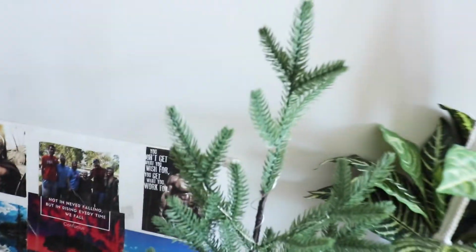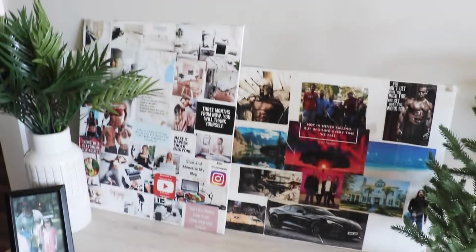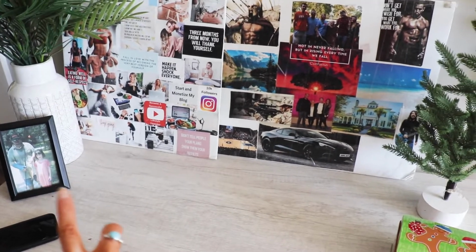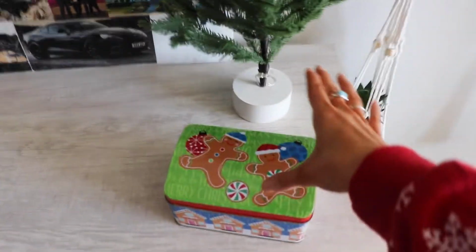Here's my desk, and I have our vision boards here, which I look at every single time I sit at my desk. It's kind of a busy desk, but it's also cozy to me. I keep a picture of my dad there. I lost him back in June, if you didn't know, so I like to keep him there for motivation. I figured I would add my tree to my desk. It's a pre-lit tree, and we've had it for a few years now. It's one of my favorite things that we have, and in this really cute little container, let me open it,